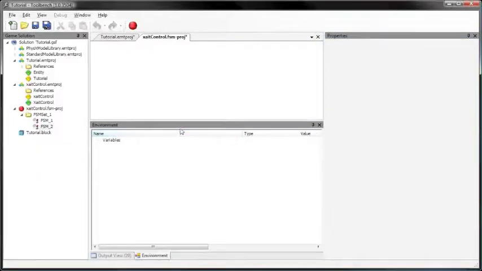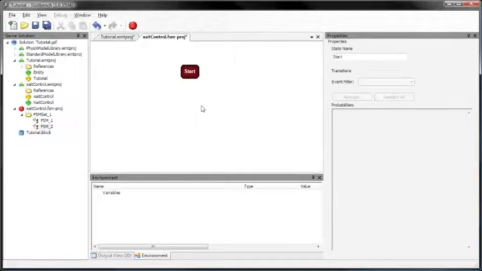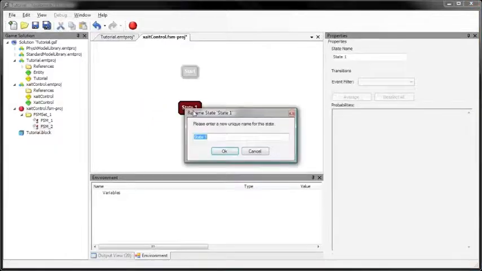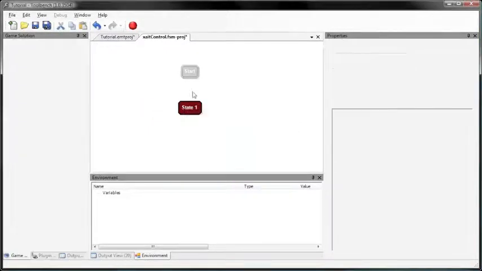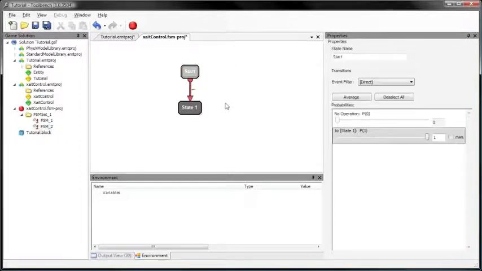Adding states and transitions works in the same way as in the standalone version of xaitControl. This means that we have a start state in an empty project, and simply by right-clicking within the workspace and choosing Add State, we can add a new state to the project and give it a name. In this case, we'll use the default name. Adding transitions is also the same. We just right-click on the state and choose Add Transition from the context menu and drag the transition to the